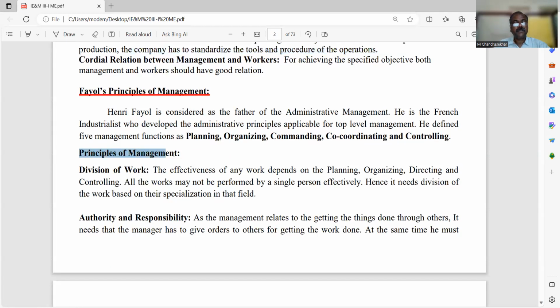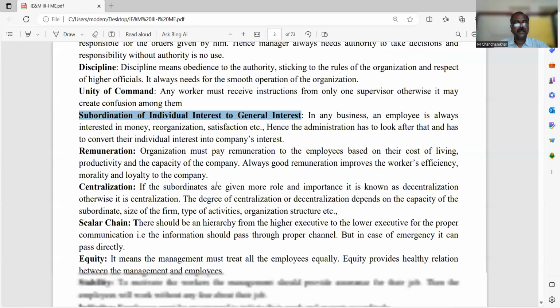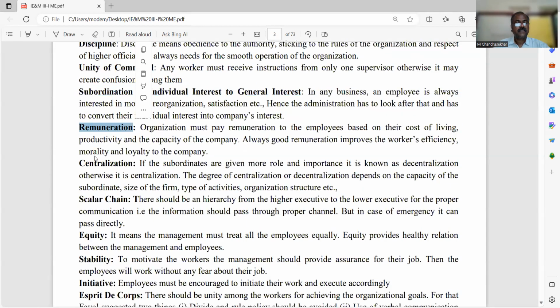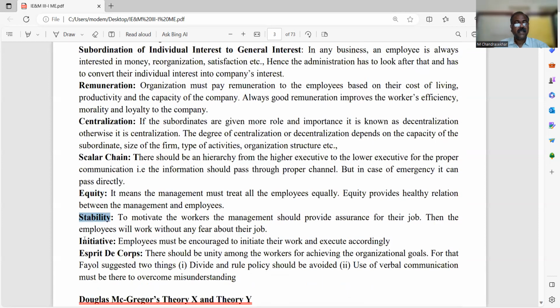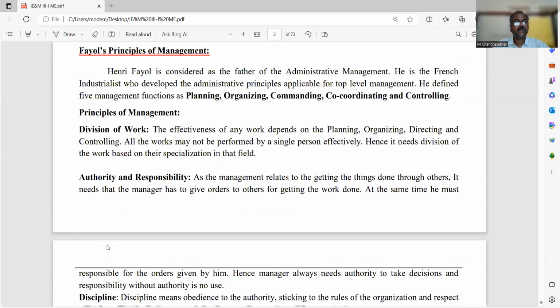Here, the principles of management that are proposed by Fayol are division of work, authority and responsibility, discipline, unity of command, subordination of individual interest to general interest, remuneration, centralization, hierarchy, equity, stability, initiative, and esprit de corps. Okay, we will see one by one. So here coming to the first